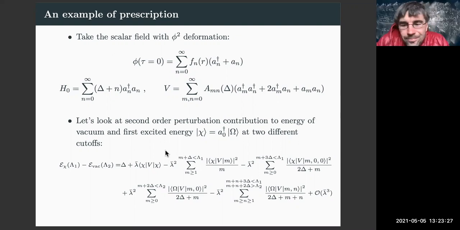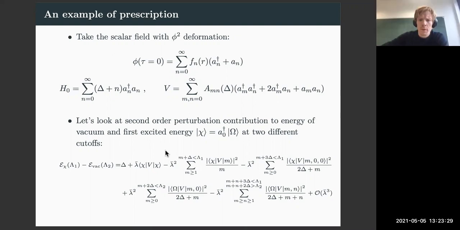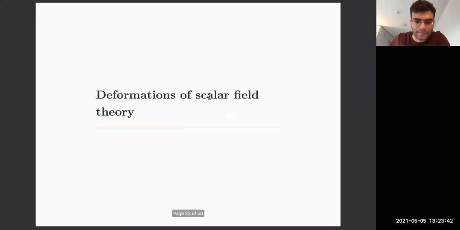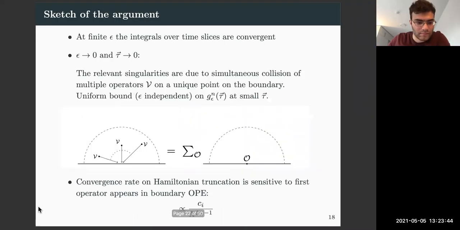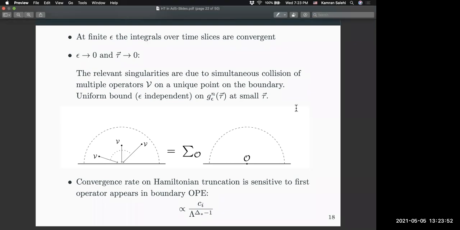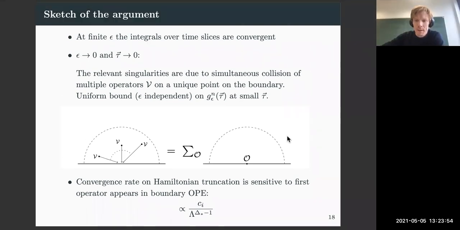Thank you. I have a question about the rate of convergence with lambda. You say the power of lambda is related to the lowest dimension operator in the boundary spectrum, or the lowest dimension energy in the Hilbert space. But in our computation, it was determined by a local operator in the bulk that appeared in the OPE of the deforming operator. Right? You took the deforming operator, took its OPE, and the first operator that appears there is what determines your